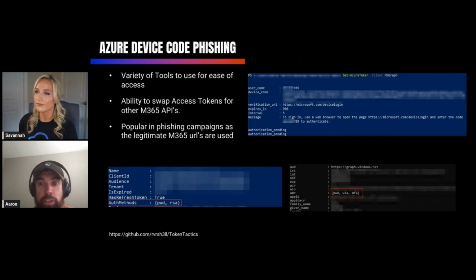They're valid for 900 seconds. And if a user authorizes that device code within that time, you'll gain access to their access token, which I believe is valid for either 90 or 180 days. With that refresh token, you can trade out different tokens to other APIs, which makes it even more beneficial for accessing other resources and enumerating them.